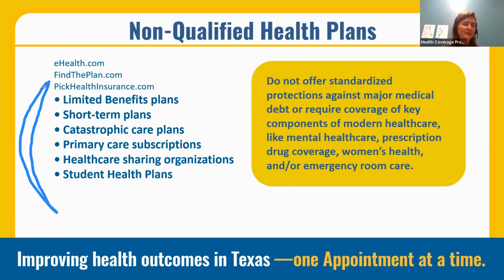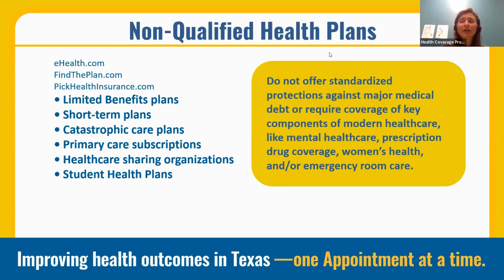So what happens in our office is sometimes people will come in and say, yeah, I have this health insurance plan, but I went to the emergency room and the health insurance plan isn't helping me pay for it. Or I developed asthma this year, and all of a sudden I'm learning that my health insurance plan doesn't cover inhalers. What do I do? And oftentimes what we learn from those folks is that they are on a non-qualified plan, which means that they are not protected by health laws that protect people who get qualified plans.